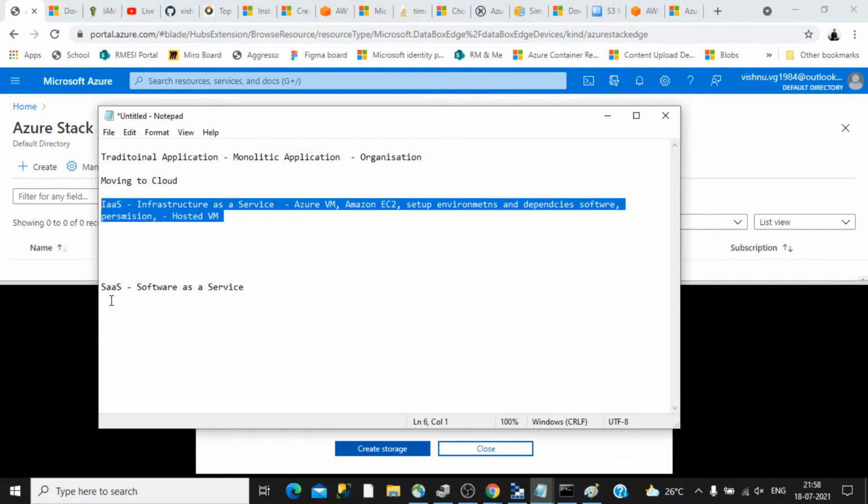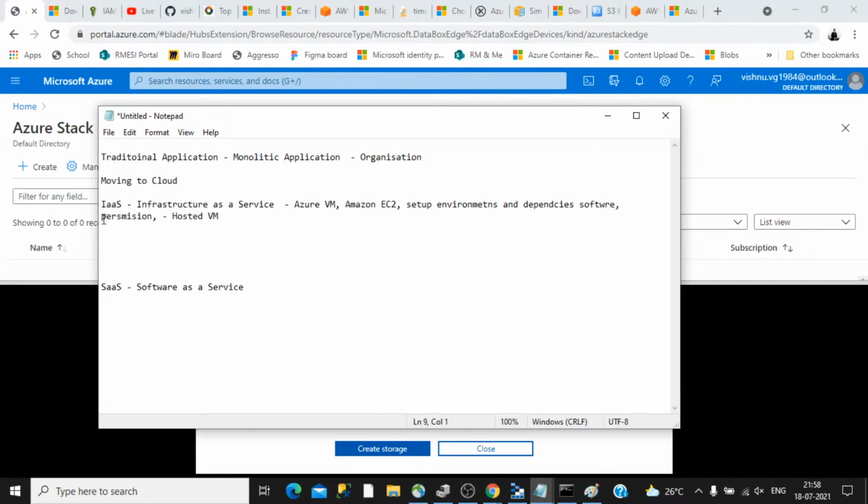But the way we should go forward is, from here we should move to a service called platform as a service, a PaaS model, where more of the responsibilities are handled by cloud vendors. Our cloud vendors handle all these kinds of things, and the least responsibility, like how to run your application and everything, will be managed by you.